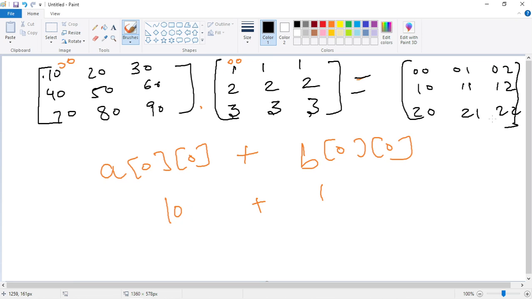In this array, after addition of these two, on the left hand side I have written C of 0, 0, right? For the first time, C of 0, 0 is written. So after 10 plus 1, 11 will be present in this array at 0, 0. This is basically the index I have written. So at index 0, 0, 11 will be present. So this is basically what we are doing.